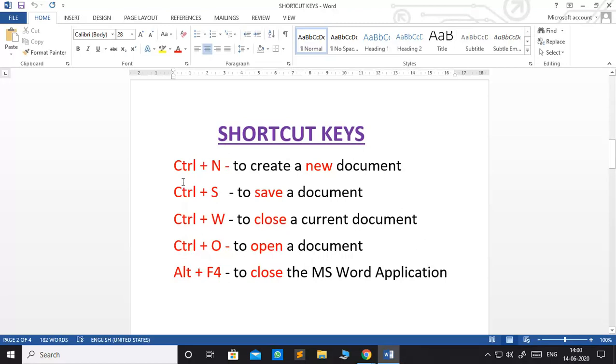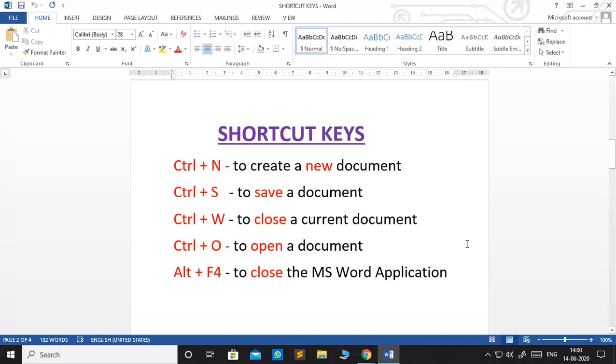Now let us move to the shortcut keys, and we will use all these shortcut keys one by one. This is a very helpful method when we use shortcut keys. It makes our work very quick. Okay, now as I told you, a shortcut key is a particular key or key combination. So here, if you want to open a new file, you need to use this two key combination, Control plus N. Here plus means not a plus sign, it means together.